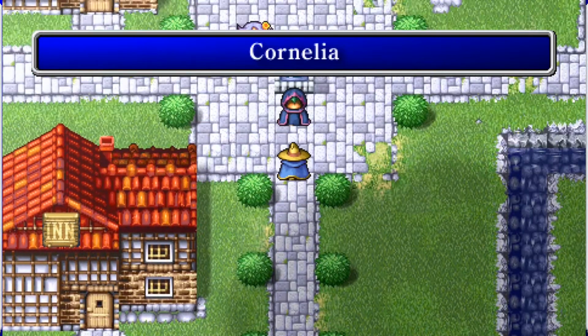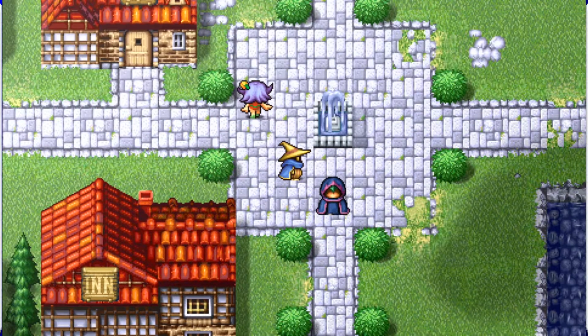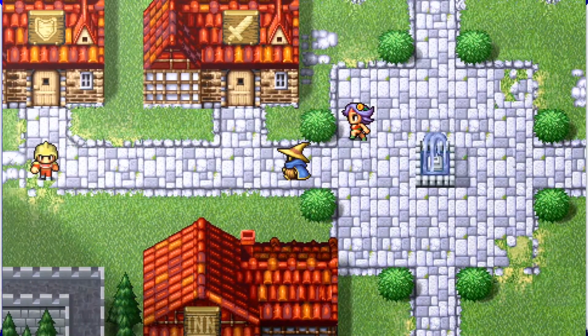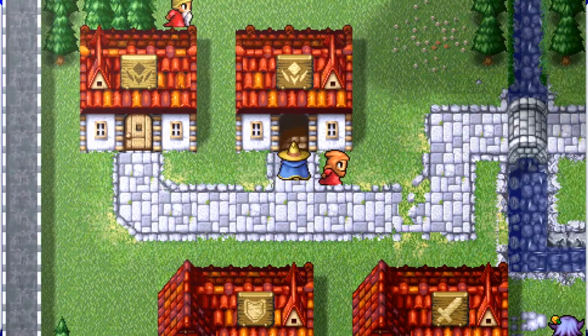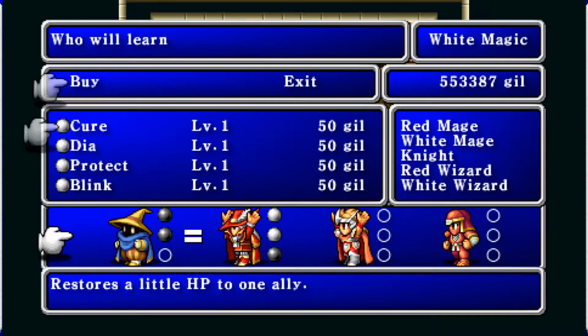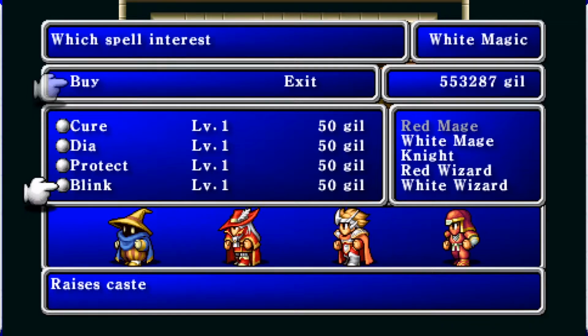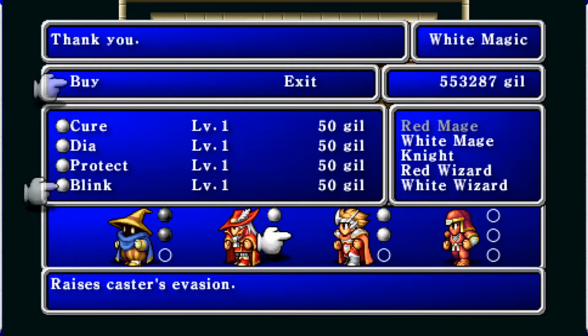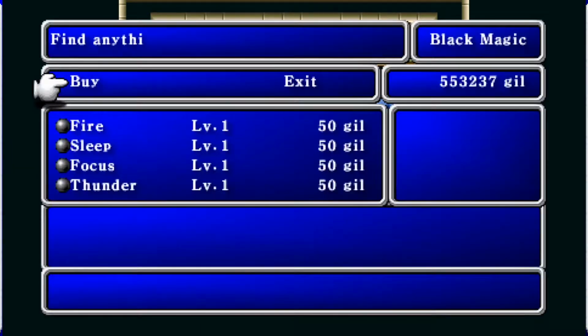All right, and now in Cornelia, let's actually, hello there. The Chaos Shrine, yep. He's telling me exactly where to go, which I already know that I need to go. Can you, thank you. We're already dealing with that again, so how about I give you Cure? Protect, maybe it's an okay. And Evasion, okay. And then we go over to Black Magic and get